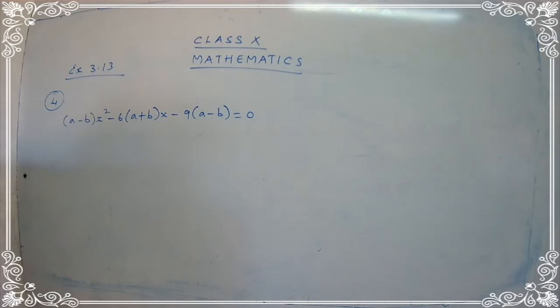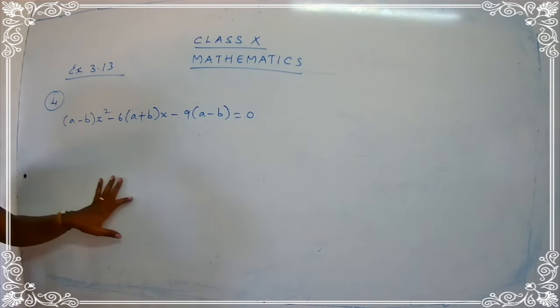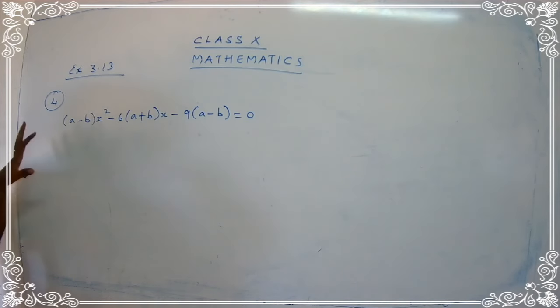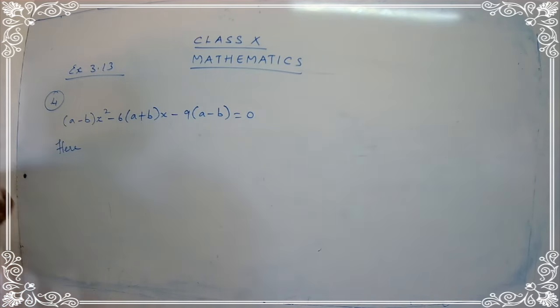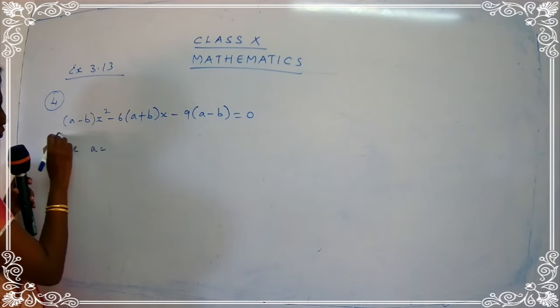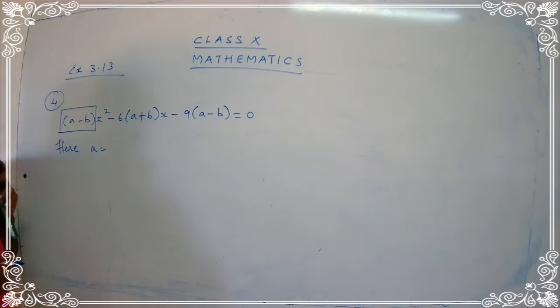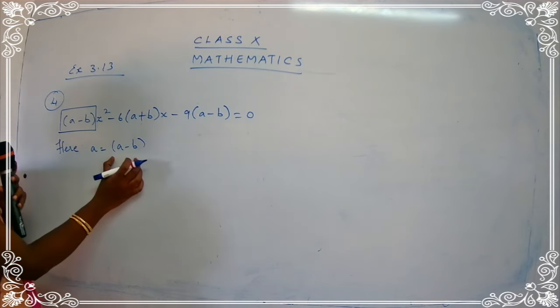Okay. So they have said that the values for a and b are real. And what about the roots of the equation? The roots of the equation should be real and unequal. Let's find out the value over here. So starting, always the first step is find out the value for a, find out the value for b, and also find out the value for c. What is the value for a, children? Here, a is equal to the coefficient of x square. What comes with the x square part? a minus b. So here a is equal to a minus b.